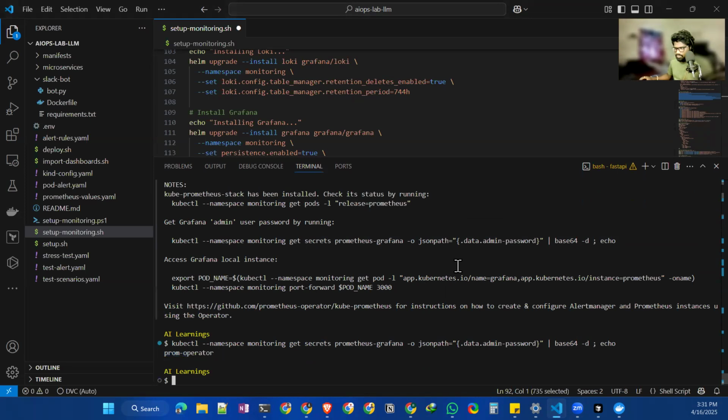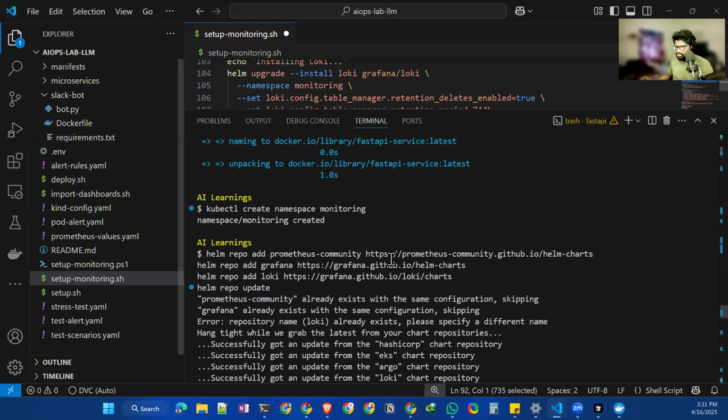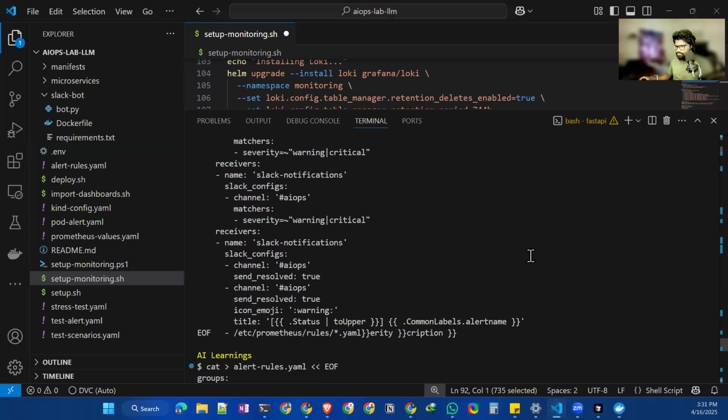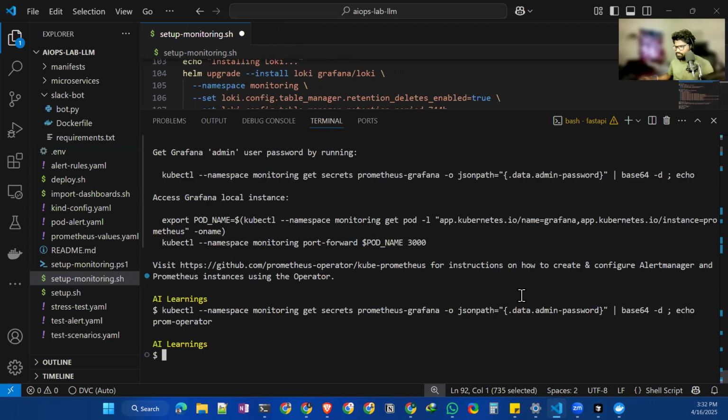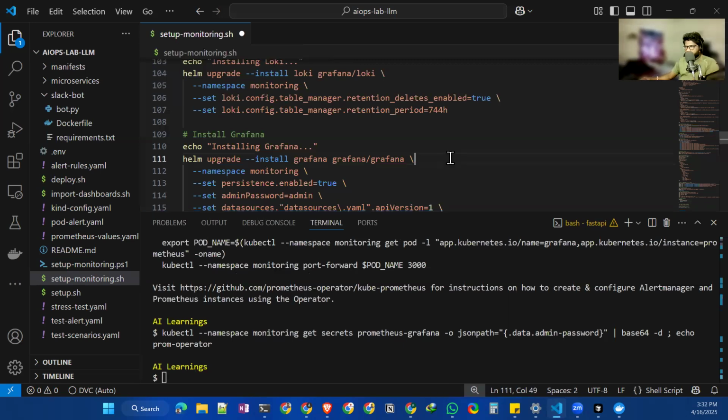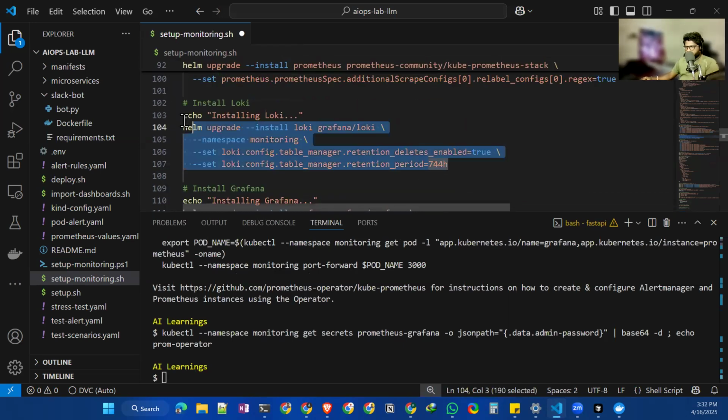Okay. Now what I can do, I'll just increase the font of this. I got it. Now, it is going to run on port number 3000. So you just access it over that on Grafana. We'll install the rest of the things, then